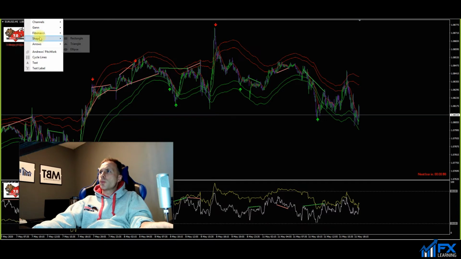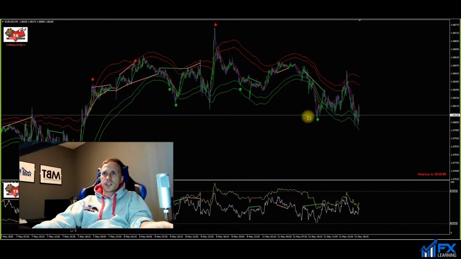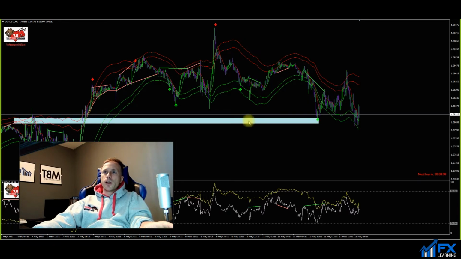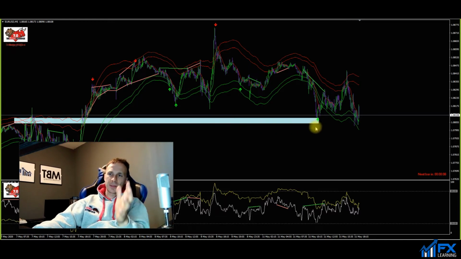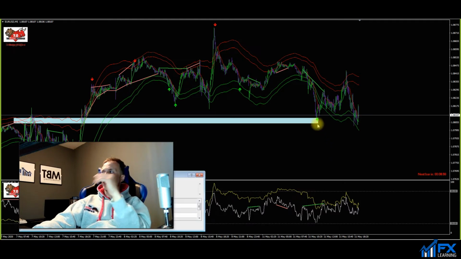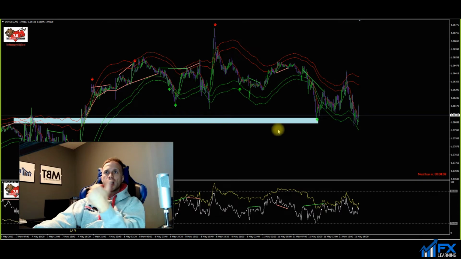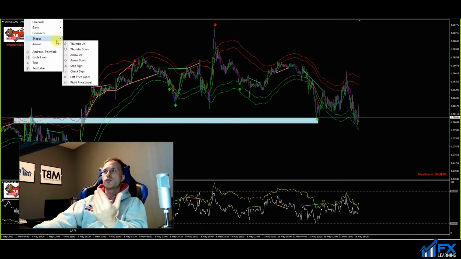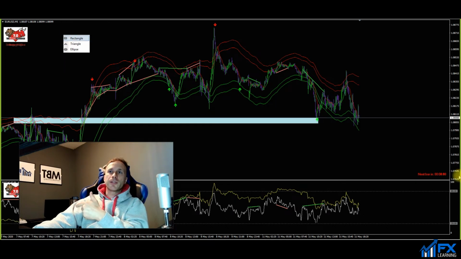If I just draw my support and resistance on these charts here, I'm just going to draw slightly. The way I draw my support and resistance with the Binary Destroyer is I do it from the arrow going left. Rather than going left to right, I draw it from right to left. So where an arrow appears, I draw left. So if I just get my arrows like this and I just draw them like that,